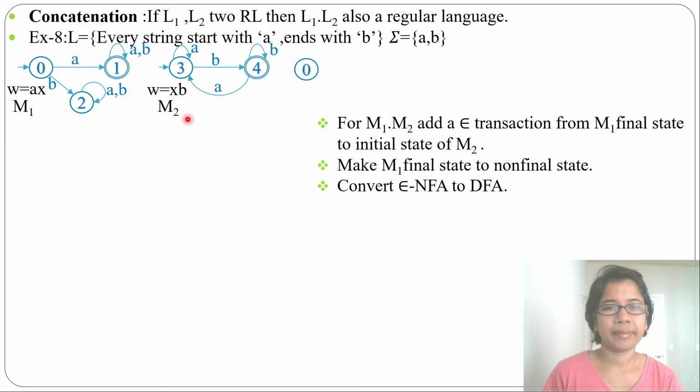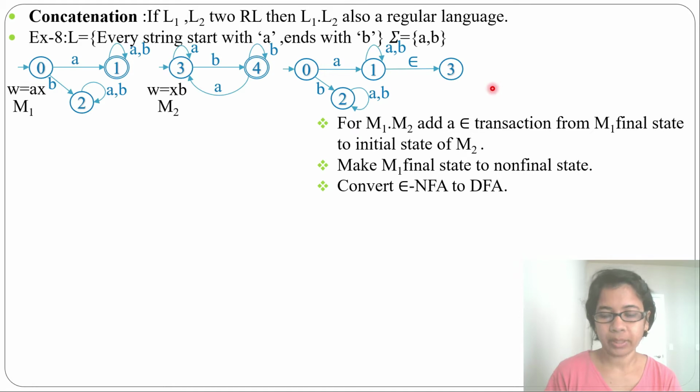Let's concat this by using epsilon. Till now it is the same. Here 1 was the final state, now 1 is non-final. Now we'll add an epsilon transition and this DFA will be the same. All the transitions will be the same. So you can see the M1 initial state is the initial state for both. Then we add an epsilon transition from the M1 final state to the initial state of M2. So just convert final state 1 to non-final and add an epsilon transition from state 1 to state 3.